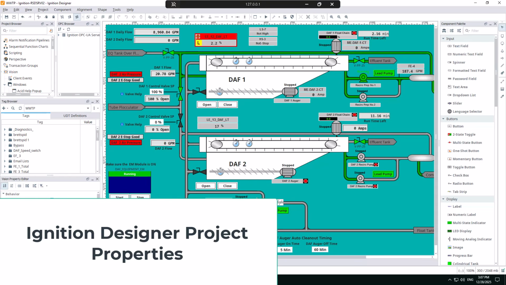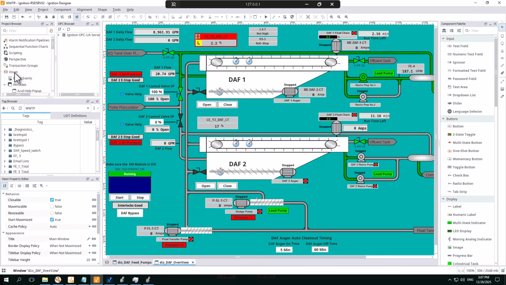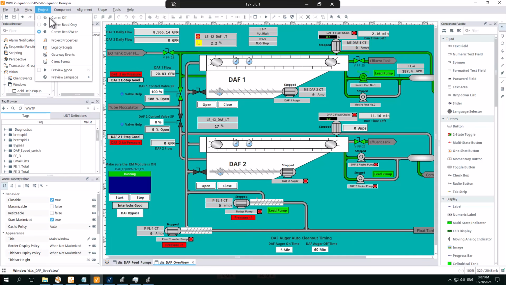Okay, so I want to make another short video about Ignition. This is again the Designer mode, and we're using Vision, right? So all the windows are in Vision, not Perspective. If you come up and go to your project, you have the ability to turn off comms,